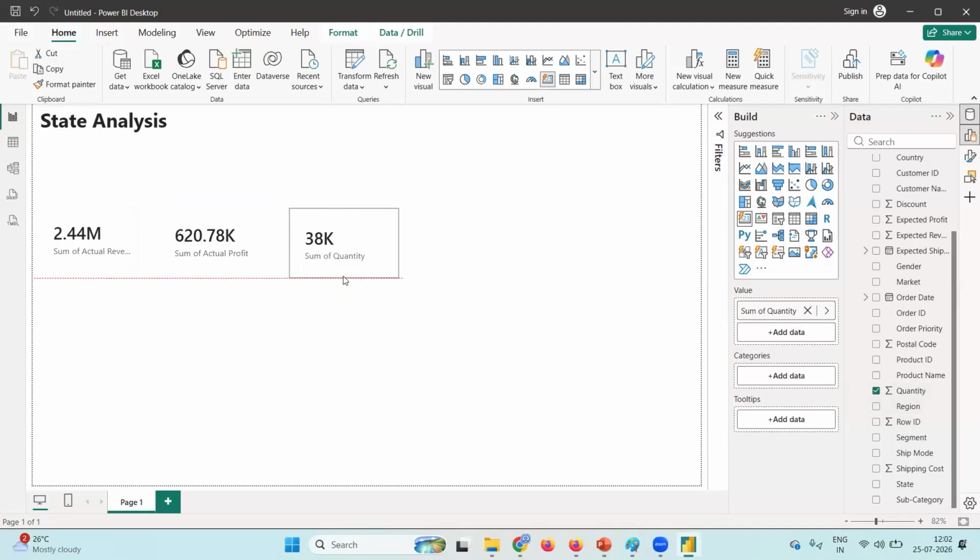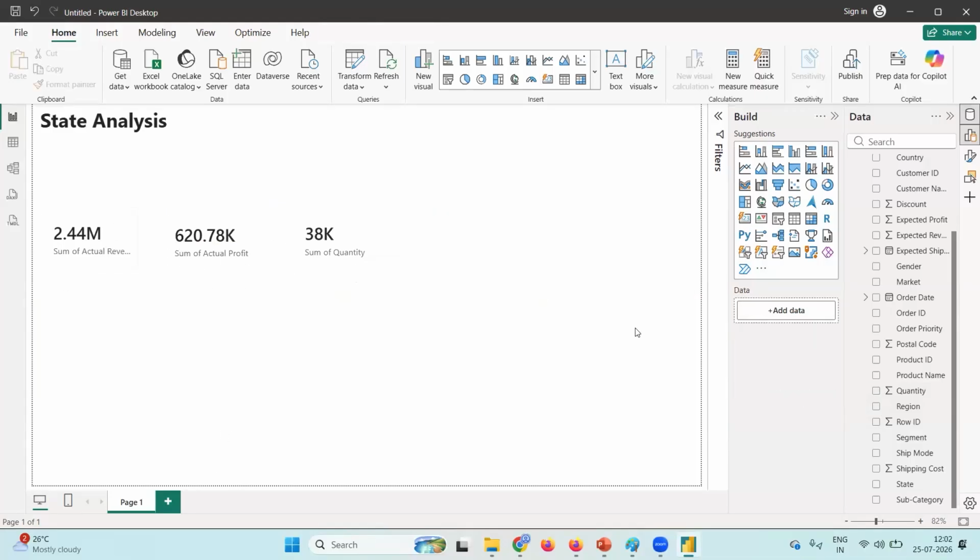Okay, so around 38K items are sold, and based on the items you can see profit value and total revenue. Fine. Okay, now one more thing, these are the cards, these are the KPIs, key performance indicators,